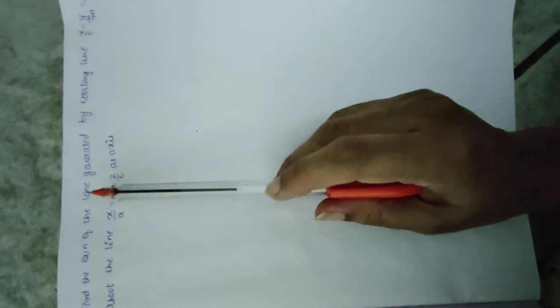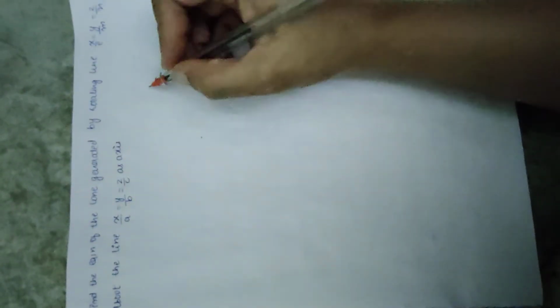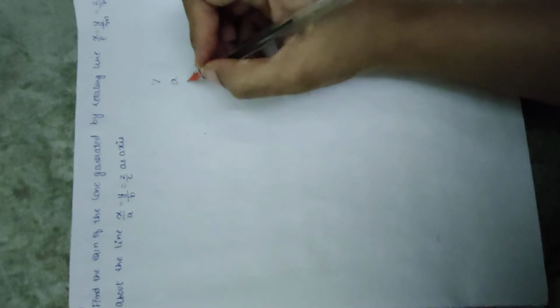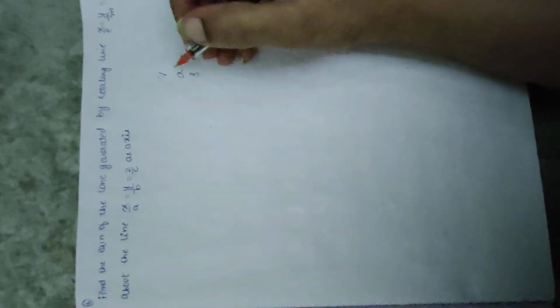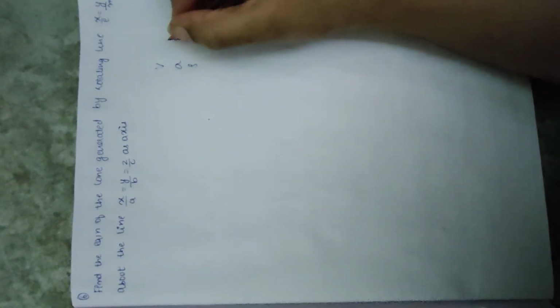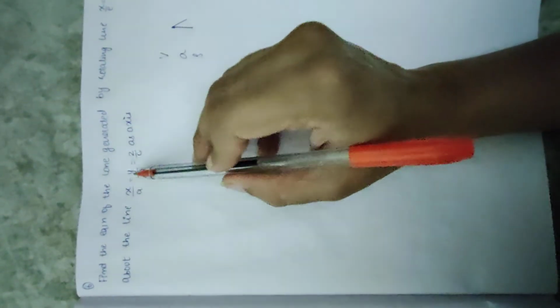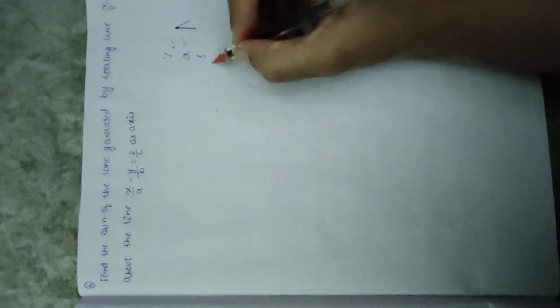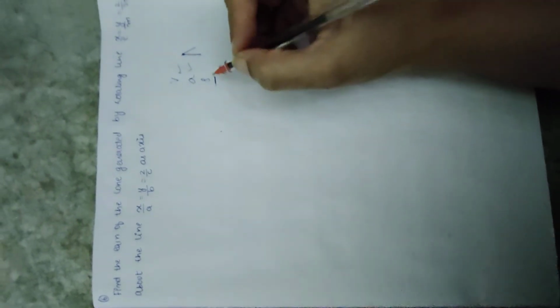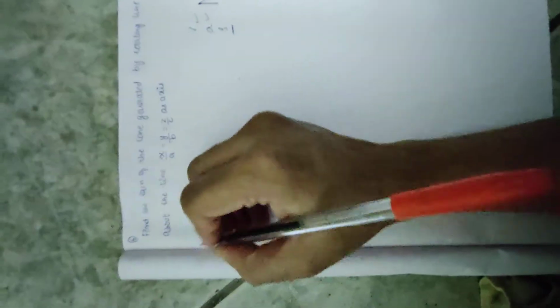Now in order to construct the right circular cone, what all do I require? I require the vertex, the axis, and the semi-vertical angle. If I observe the straight line over here and draw the diagram, the axis passes through the vertex, and the vertex happens to be the origin. So the vertex is there, the axis is there. Let us construct the semi-vertical angle. Is there any hint given to find the semi-vertical angle? Something extra is given to me, that the cone is generated by the rotating line. Let us see where we are going to use it in the problem. So let us start solving.